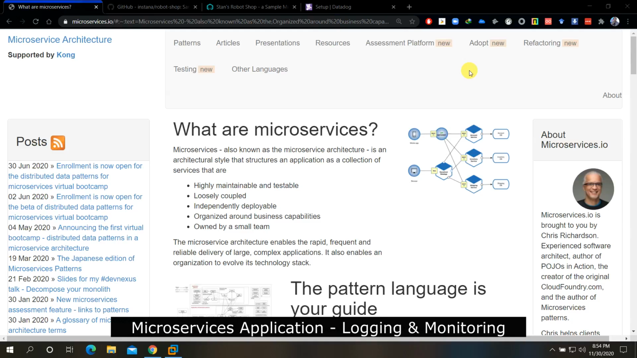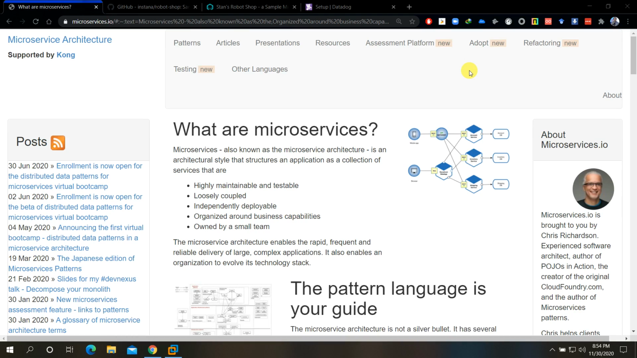Hi guys, welcome back. Today I'm going to give you a sort of tutorial about a microservices application. For those who have learned about microservices, which is also known as the microservice architecture, which is the